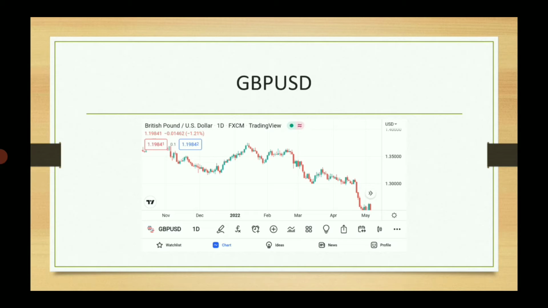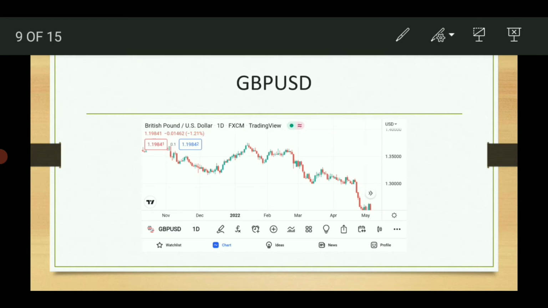Then as you can see here in GBP USD, you find the market moves up and down. What does this mean? The market comes to sell, bounces, goes up, comes back. It is up and down. The market is never constant. It is in an up and down format, which means it is in an impulse and correction move. Impulse, correction.